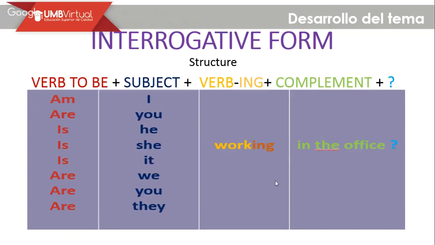For the interrogative form, we have verb to be plus subject plus verb with ing plus the complement and the question mark. Don't forget to put it, because sometimes we forget it and that is not okay to do. So here, since we have this verb to be plus the subject plus this conjugation,